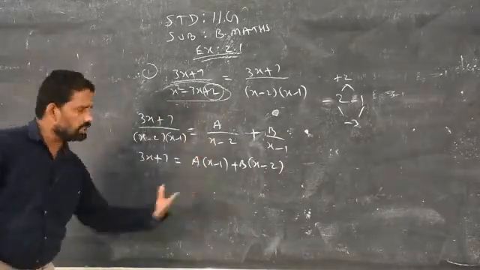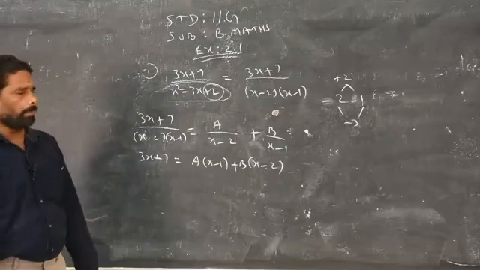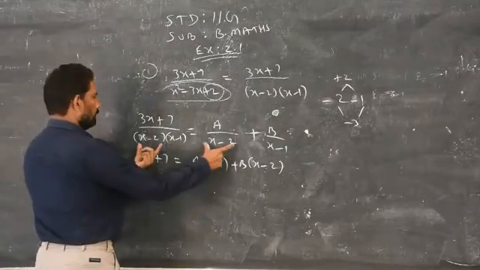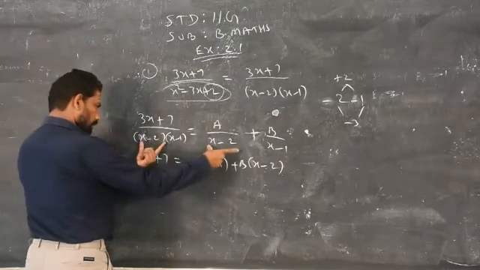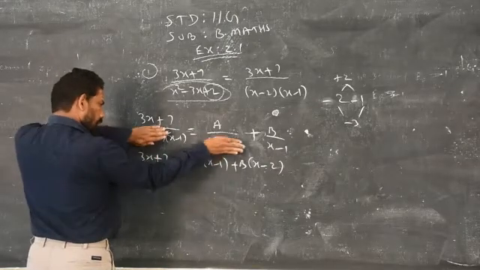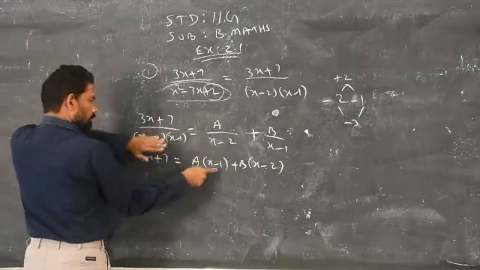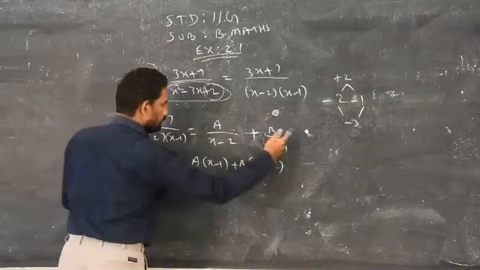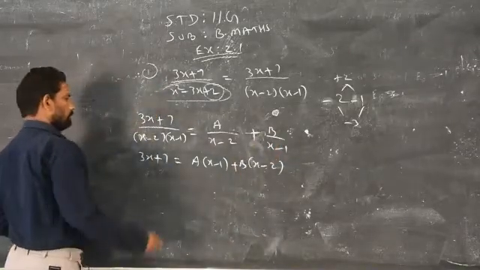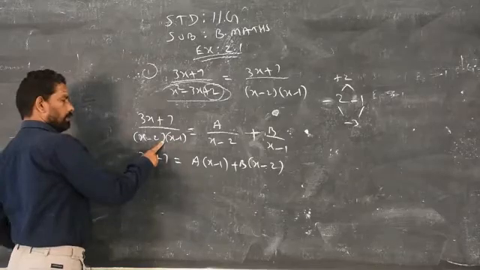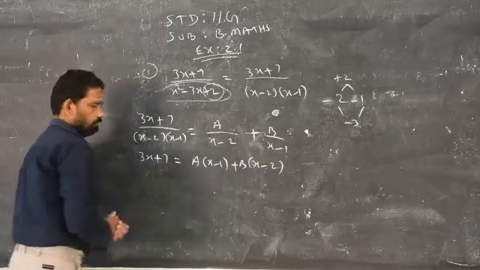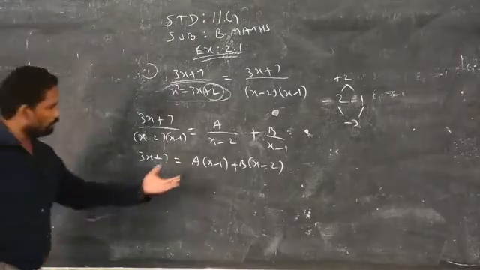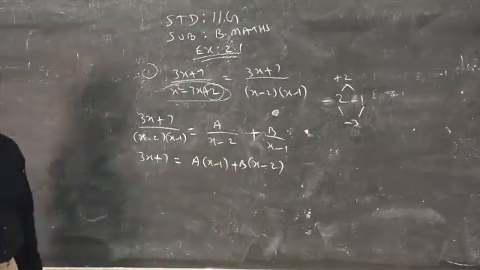Because this is a new concept for you, I will repeat one more time, then you can proceed. Compare the denominator of the first term of the right side and the left side. X minus 2 is common. Leave these two. What is the remainder? X minus 1. Then you compare the second denominator of the second term with the denominator in the left side. X minus 1 is common, so remainder is x minus 2. Clear? So I simplified like this.